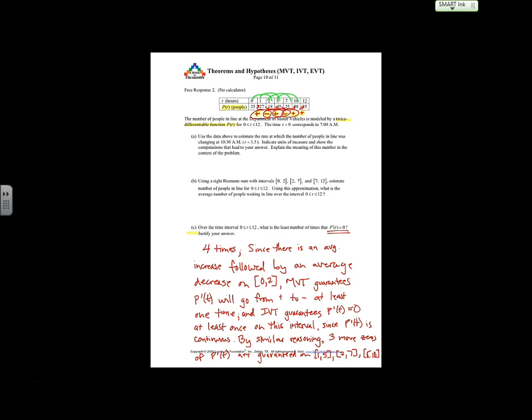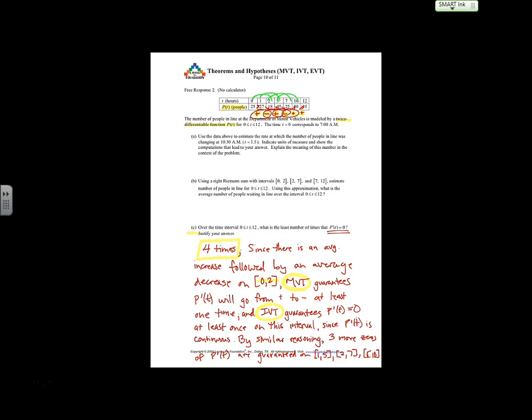To have the average increase and the average decrease, we had to include 3 points. So, the nice thing is, we were very succinct, we were very clear on, hey, our answer is 4. And then we were very clear to show on one interval, just to make things short and sweet and simple, even though it wasn't really that short. We were saying MBT with IVT is going to guarantee, from the average increase to the average decrease, following the derivative going from positive to negative,